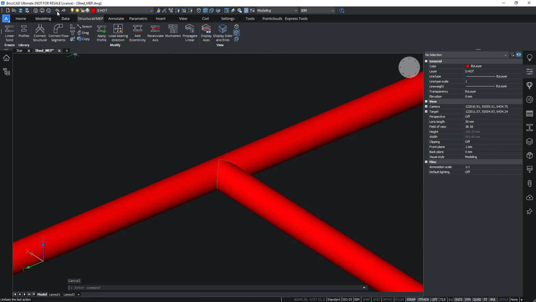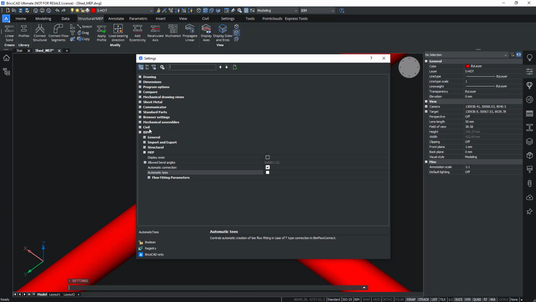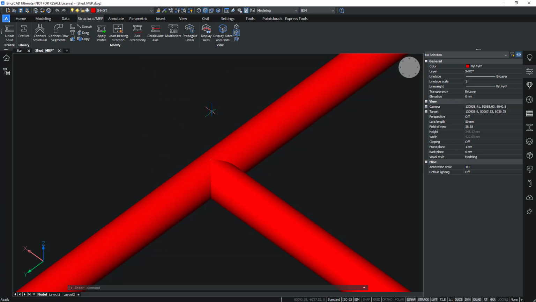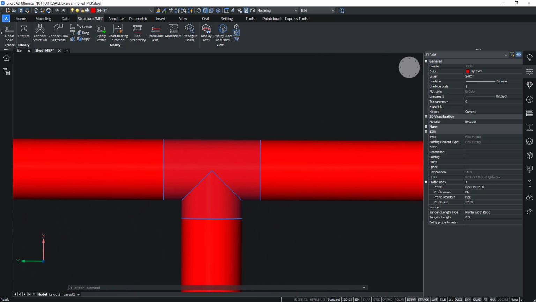Now let me undo this and let me enable another setting. Under BIM MEP, there is a setting called automatic tees. If I enable this, and if I now again do connect flow segments on these two entities, it will automatically create this extra flow fitting, a T, between these three pipes.